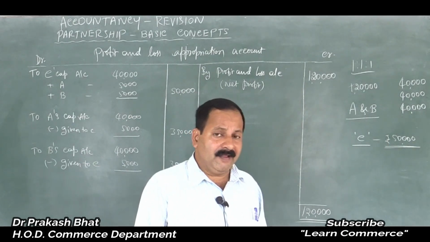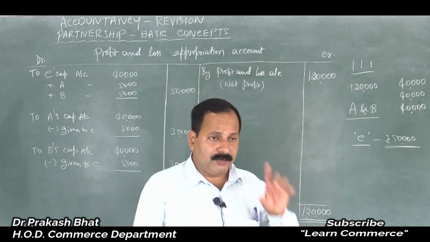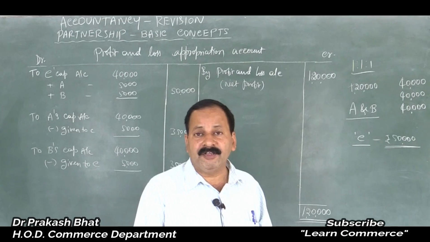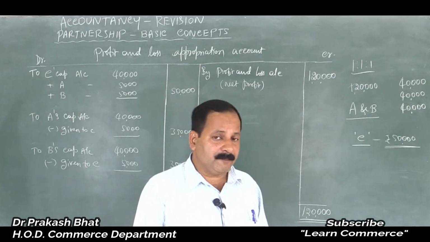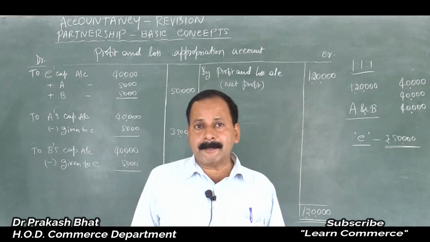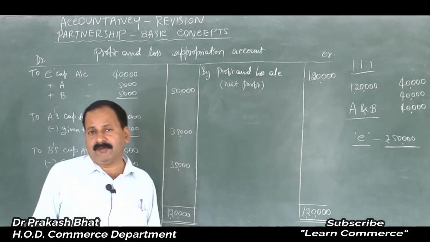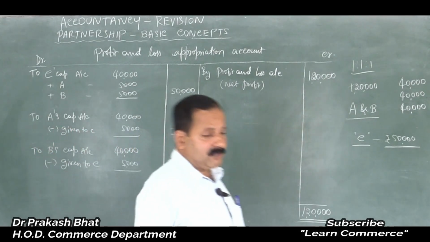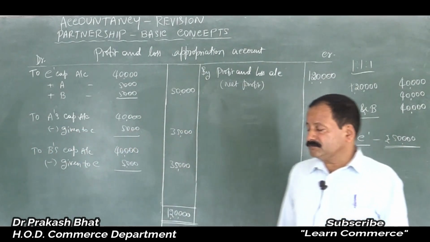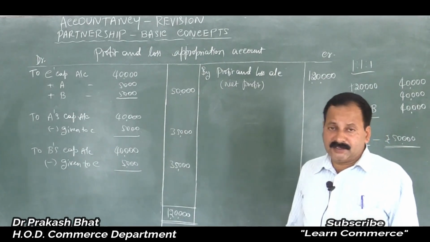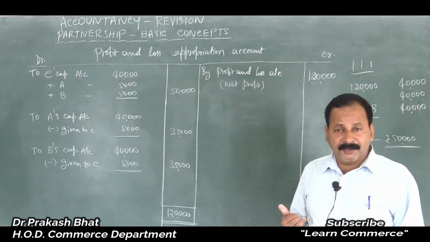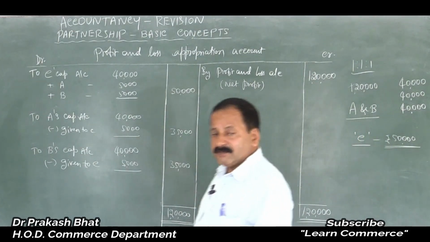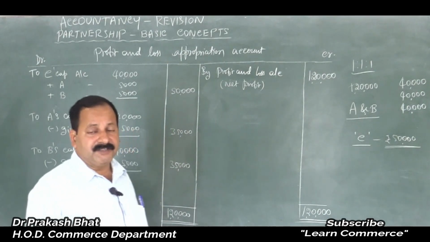From the date of withdrawal till the end of the accounting year, we will calculate for each of the withdrawals, then we will sum up, so that we will get the total interest on drawings payable by the partner. Then the product method. Under the product method, we will calculate the products, the total products, and take the total product into the rate into 1 unit of time. The formula is there. We will calculate the interest on drawings under the product method.